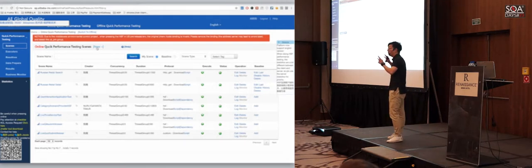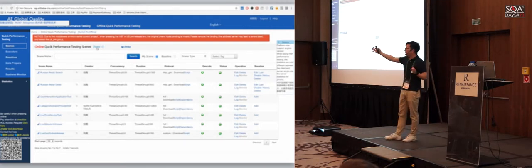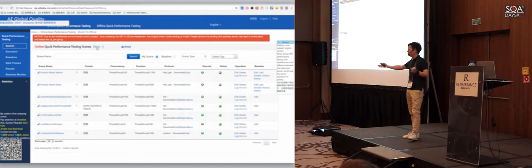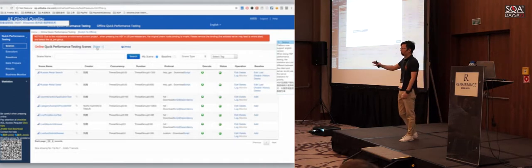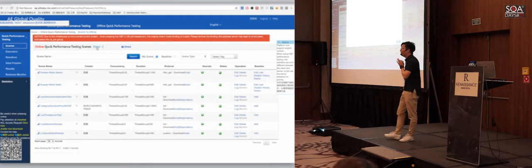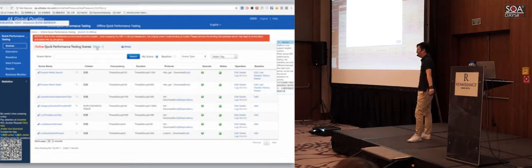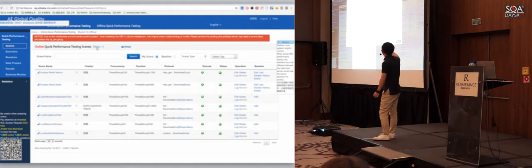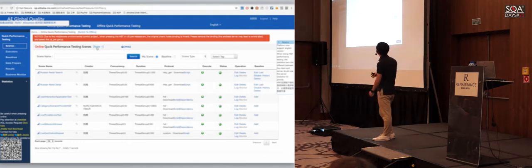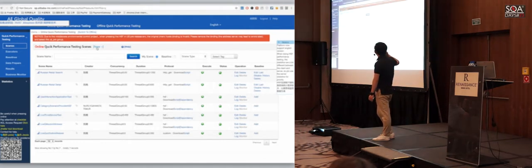All the data is collected online. Maybe you placed an order on our AliExpress website. Your data will be collected for my performance test. But I will not use your personal data, and I will migrate your data to our shadow tables first. Now the data collection is finished, and the script preparation is finished.